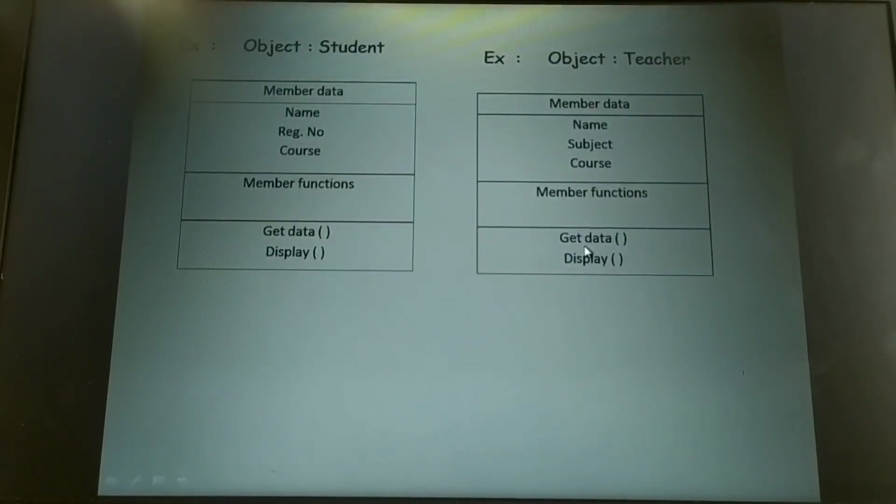Get data actually asks the user to enter the name, subject and course. That means we are able to access these data members only through the member functions included in these objects, which have access to the name, subject and course. No other functions can access these data members. I will explain this part when I discuss the class.